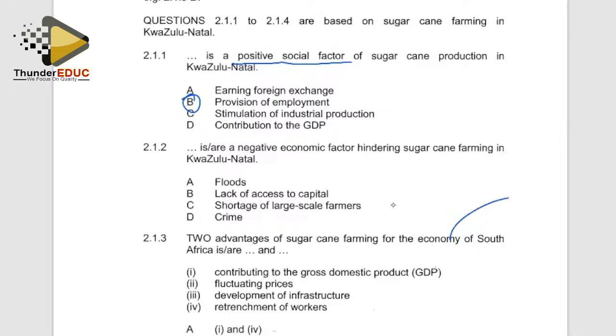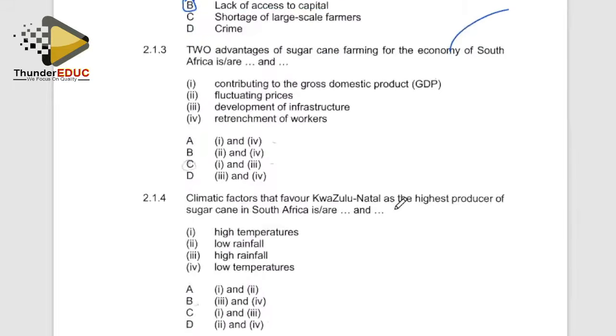Right, the next item asks for a negative economic factor hindering sugarcane farming in KwaZulu-Natal. It must be economic, and it must be negative. So it's lack of access to capital. Right, the next question is saying,